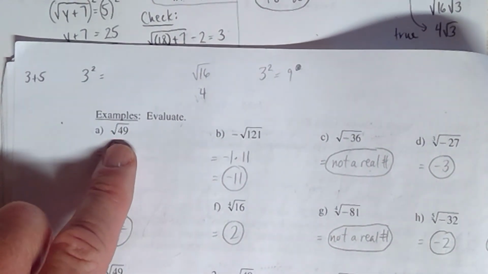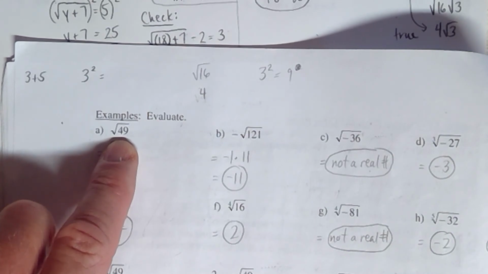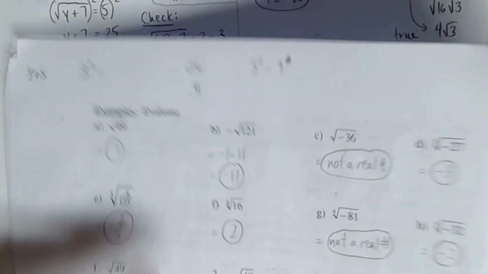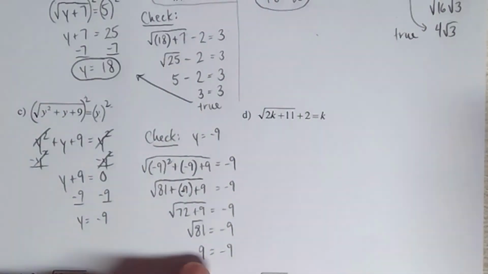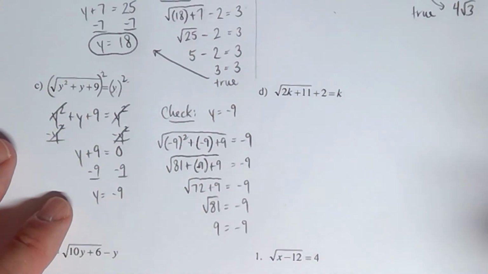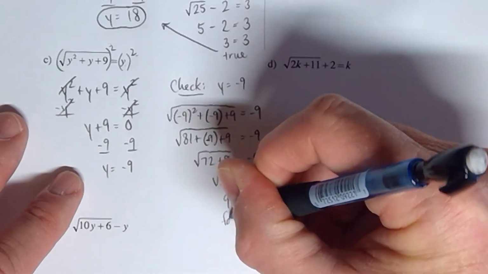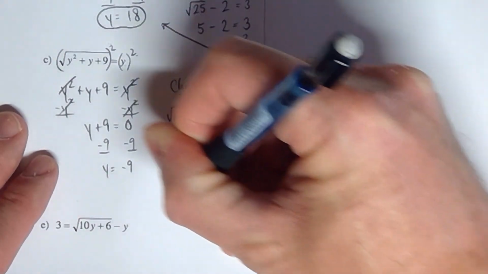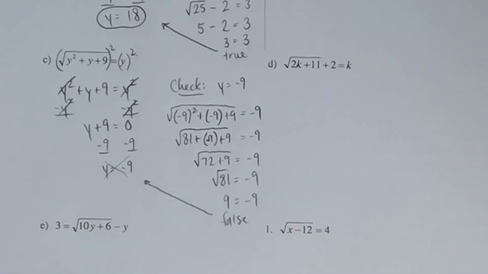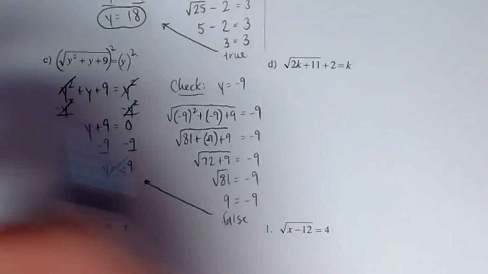That's because a square root radical with nothing outside of it is just equal to the positive square root of 49. Okay, so that's why the left-hand side right here is just equal to 9. So this is false. And what happens when it's false? We go back and we cross that out,